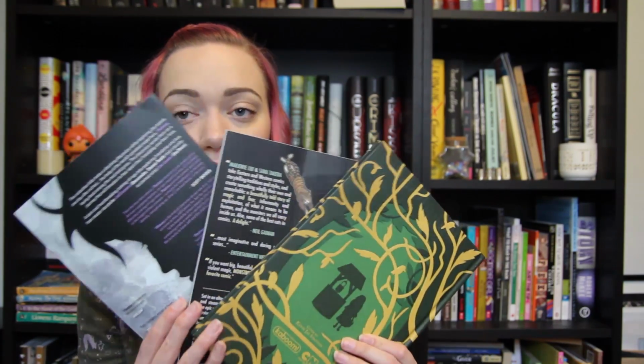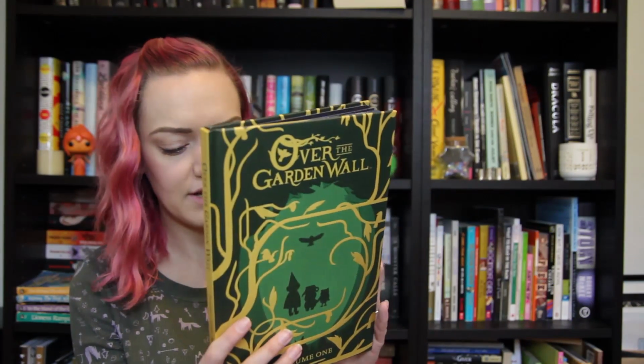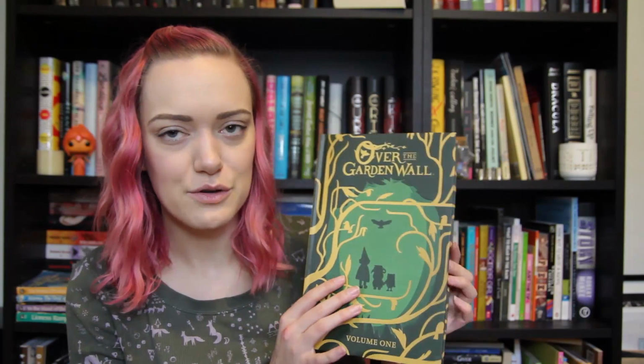One of the goals I gave myself is to discover at least one new graphic novel series every year at Emerald City Comic Con. So I did that 3 times over this year. The first one that I picked up was Over the Garden Wall, Volume 1, which is this really beautiful hardcover deluxe edition that was way more expensive than I expected, but it was too late, so I just bought it. I've been hearing a lot about Over the Garden Wall. I see a lot of Over the Garden Wall cosplay, but I don't know anything about it,